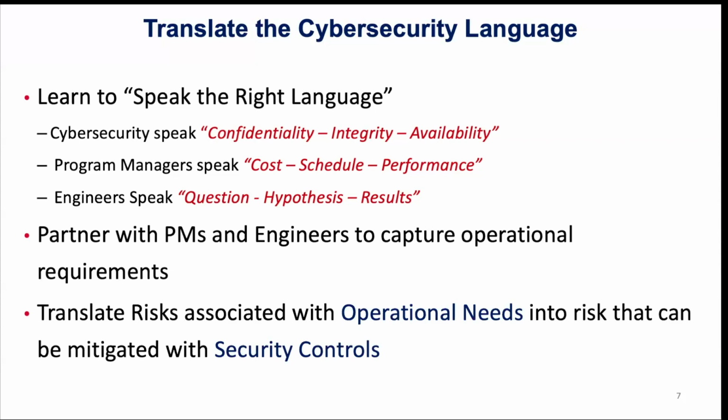Now, as a translator, we have to be able to translate risk associated with operational needs into risk that can be mitigated with security controls. I would equate that to needing a new roof on your house when you're not a roofer, and they start telling you your house has a 9/12 pitch with a rise over run at this, and you're going to need 30-year shingles with a grain rate of yada yada yada. They've just lost you. You're like, well, great, that sounds awesome. How much is this going to cost?